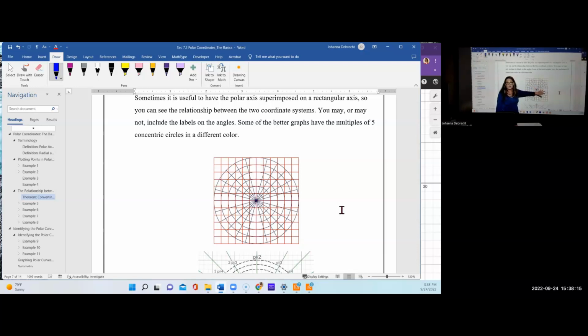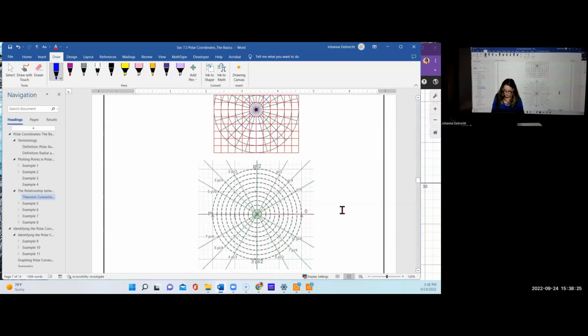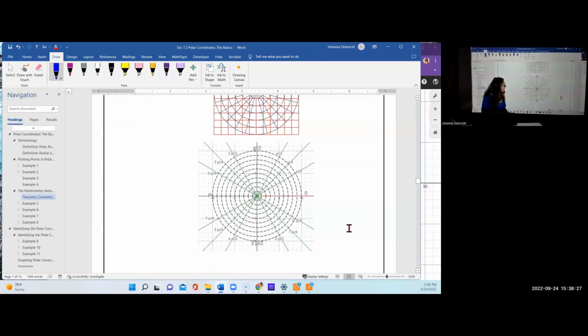And usually they're marked off either in pi over 12 or pi over 6 multiples. Then sometimes you'll see that it actually superimposes them. This is one that I did and created for my students. It has spokes at the major angles, pi over 6, pi over 4, pi over 3, and pi over 2, and all of their multiples as you move around the unit circle. It also gives you the concentric circles up to the 10th concentric circle, and it superimposes it on